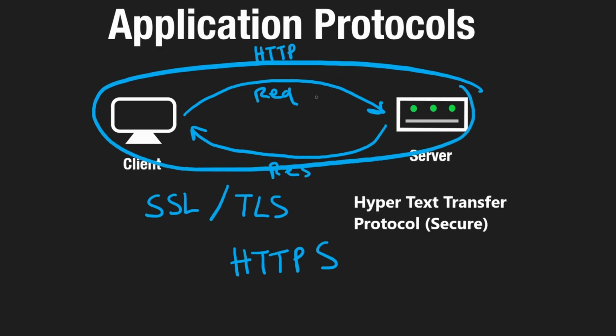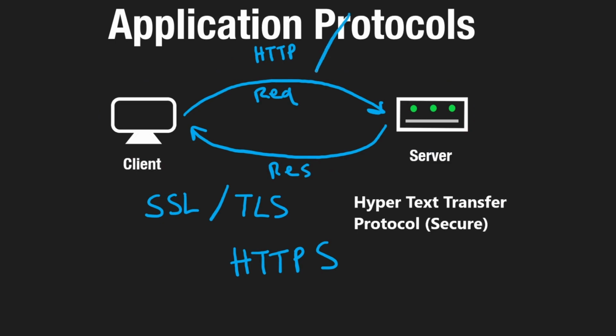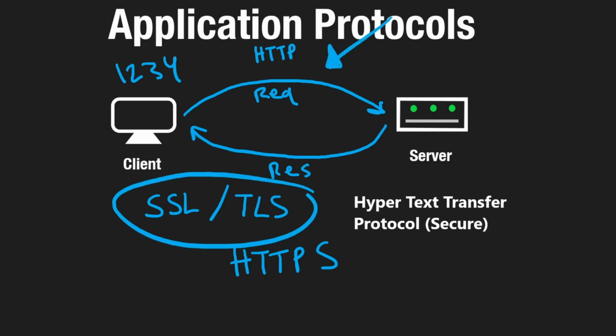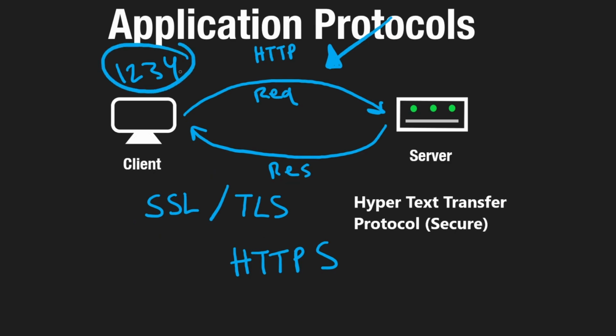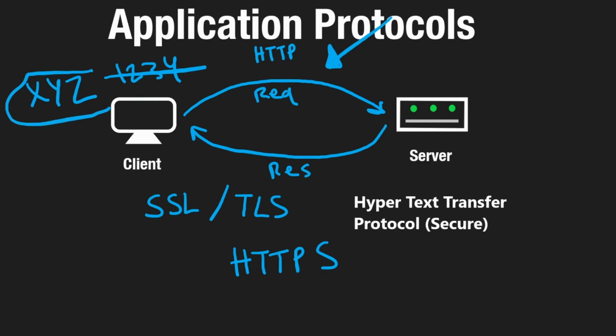You could be at a coffee shop using public Wi-Fi and those HTTP requests could be monitored and someone could see that your password is 1234 in the middle. That's a man-in-the-middle attack. SSL and TLS basically will encrypt anything that you send over HTTP. So if our password is 1234, this will actually be encrypted to be some kind of hash or something, let's say it's XYZ. So even though our password is really 1234, that will become some other string like XYZ, and